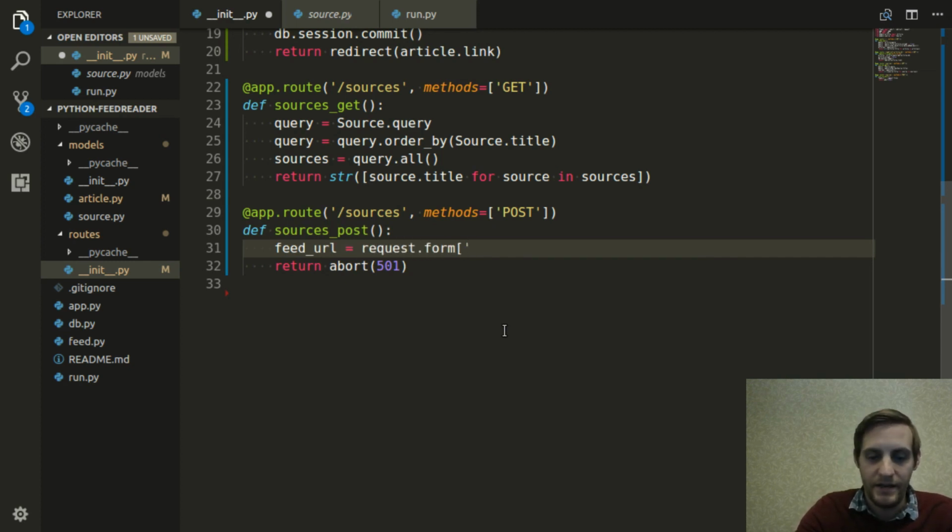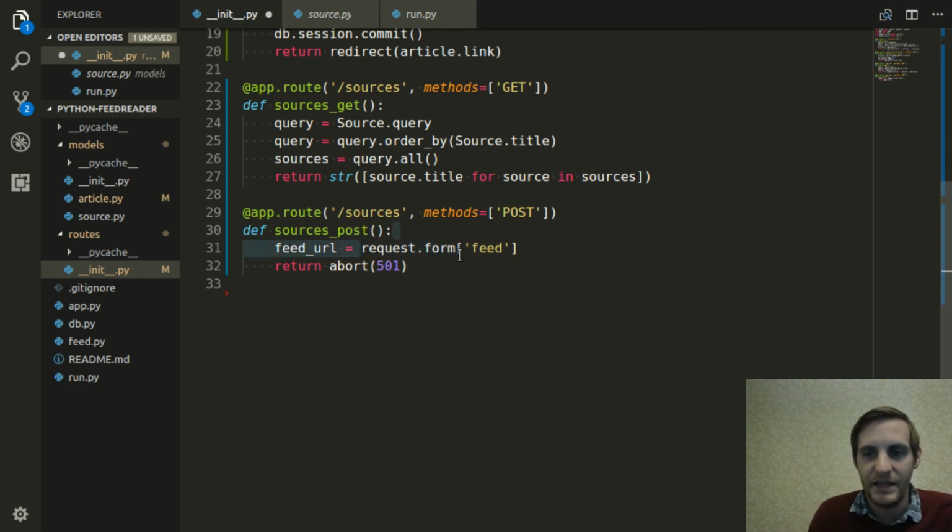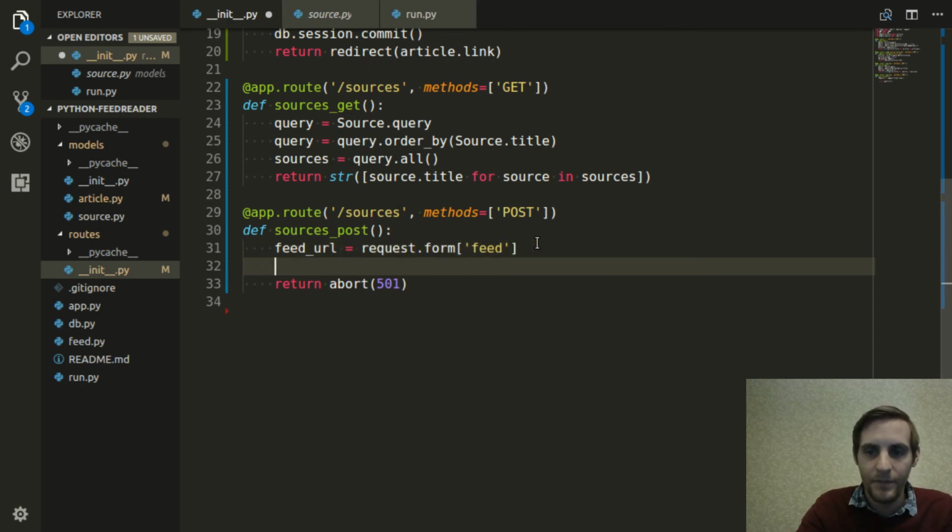We'll get the feed from the form. So basically a form is going to be submitted here that has a field named feed. That's going to contain our feed URL. We'll pull that out of the form. We will parse the feed